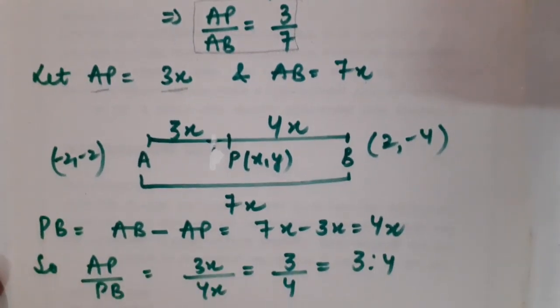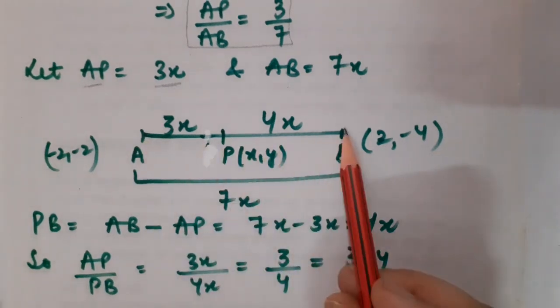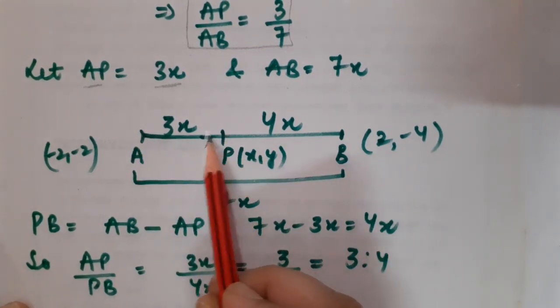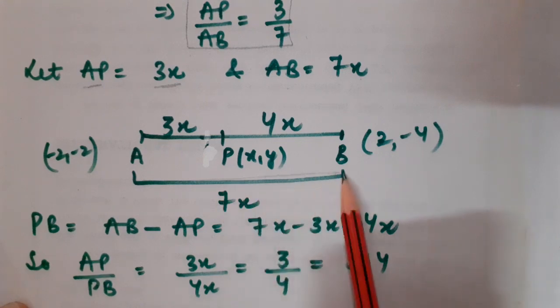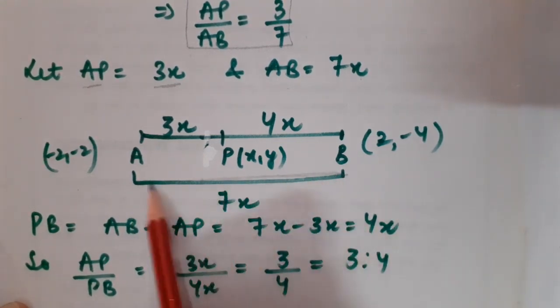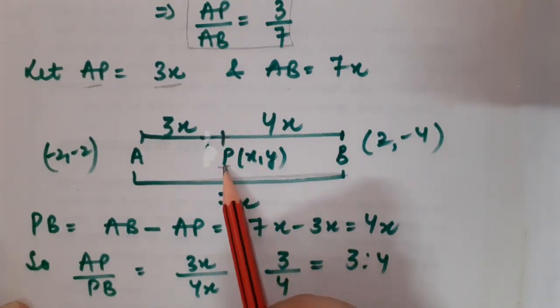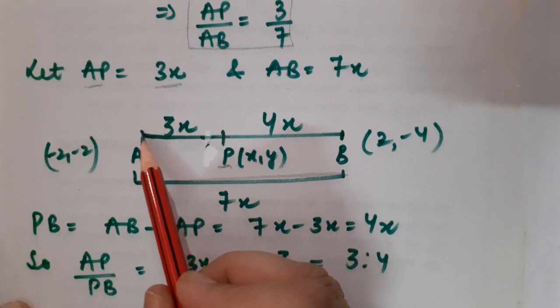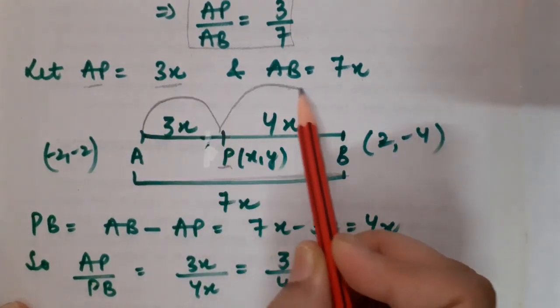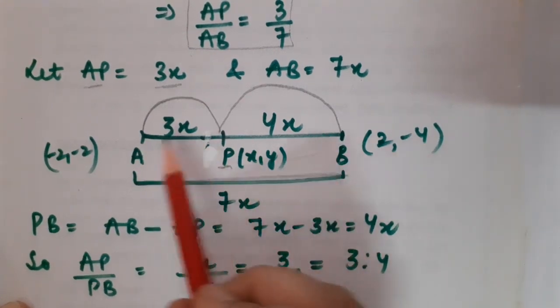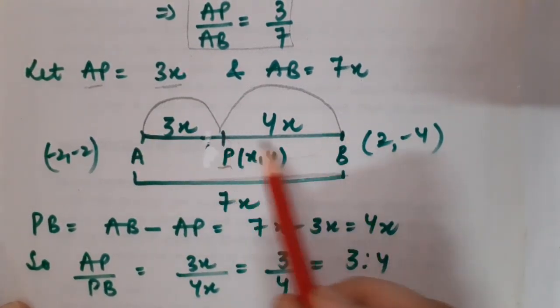Now here is the diagram for better understanding. That is, line segment AB you have and P is the point of division. Fine. Children, what is given in the question? Please have a look. AP is 3x and AB is 7x, means you will be knowing the complete length of the line segment. But children, to calculate the coordinates of the point of division, I require this ratio basically, AP upon PB. But I do not know what is PB. I know only AB and I know AP. So this is very simple to calculate PB.